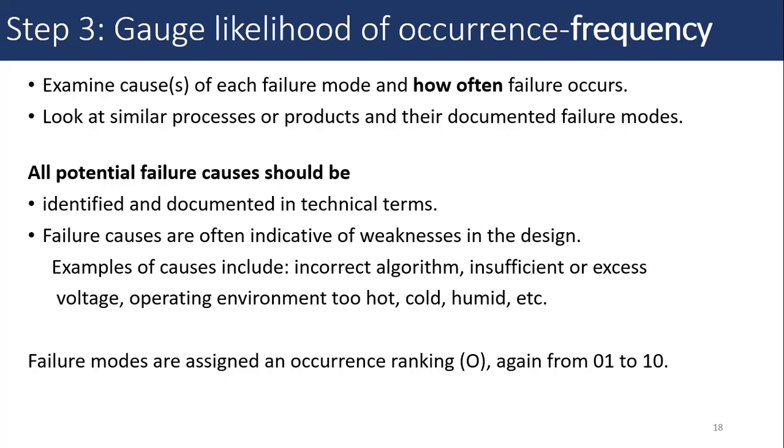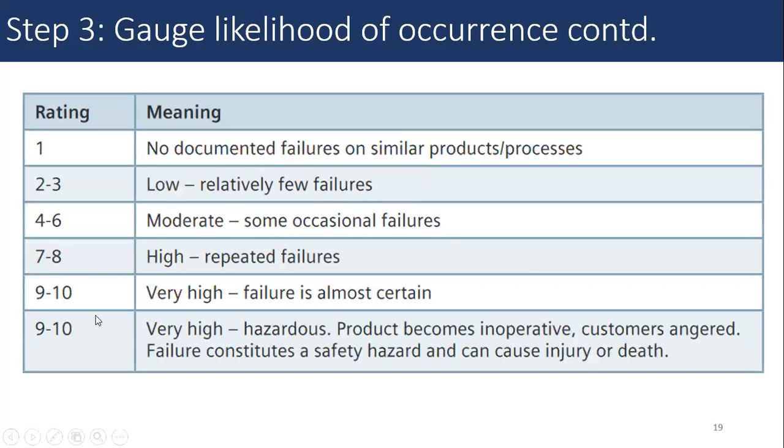As an example, for breakdown of a filling machine, how many breakdowns are there? If we have 10 or 20 or 30 cases, it means the occurrence is high. The likelihood of occurrence is high. If there is only one case or no cases reported in the records, then the occurrence is very low. So we use O as the term. Here also we can rate it 1 to 10.